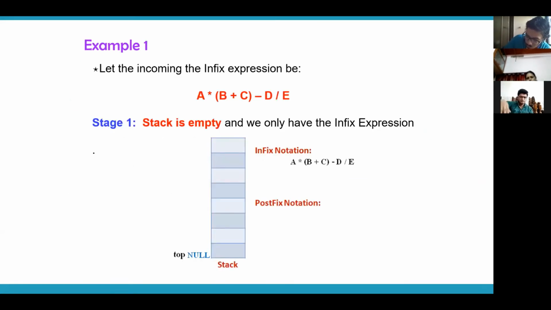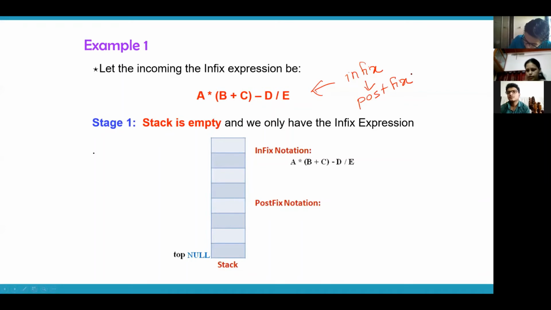Just keep the algorithm in your mind. Now I'll begin with the example, okay? If you're not able to follow the example, interrupt me then and there, because this is important. So what is the arithmetic expression that we want to convert to postfix? This is the given arithmetic expression. This expression is in which format? This expression is in infix format. We want to convert this into postfix format using a stack.